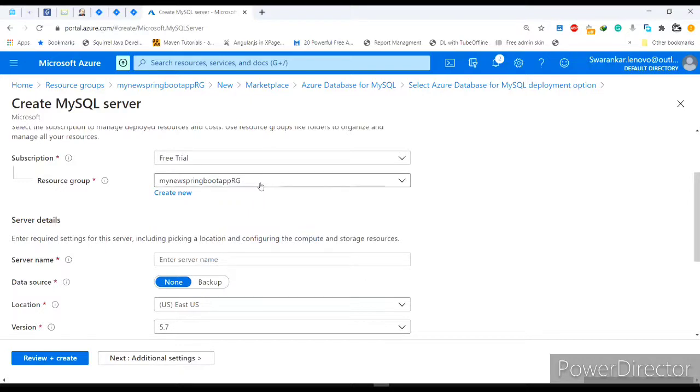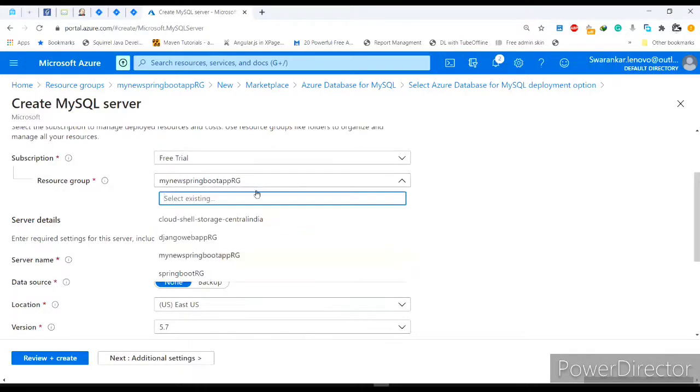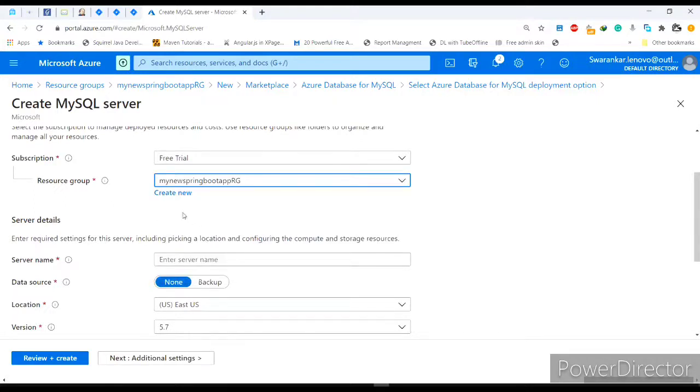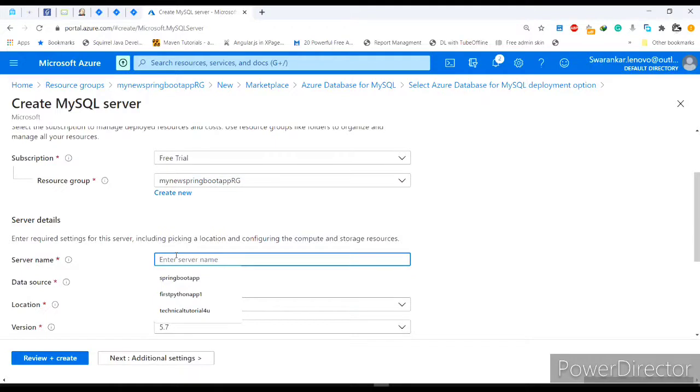You can choose any resource group. I choose my just created resource group, as we created now. Then I give the server name.